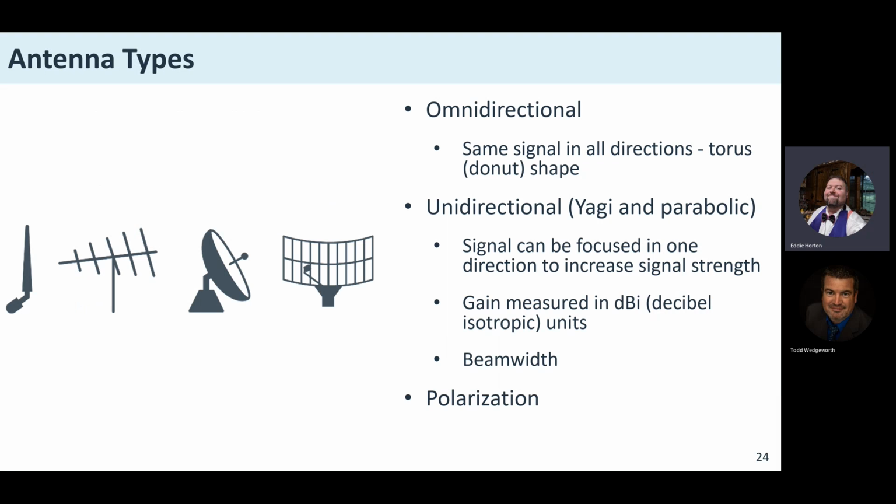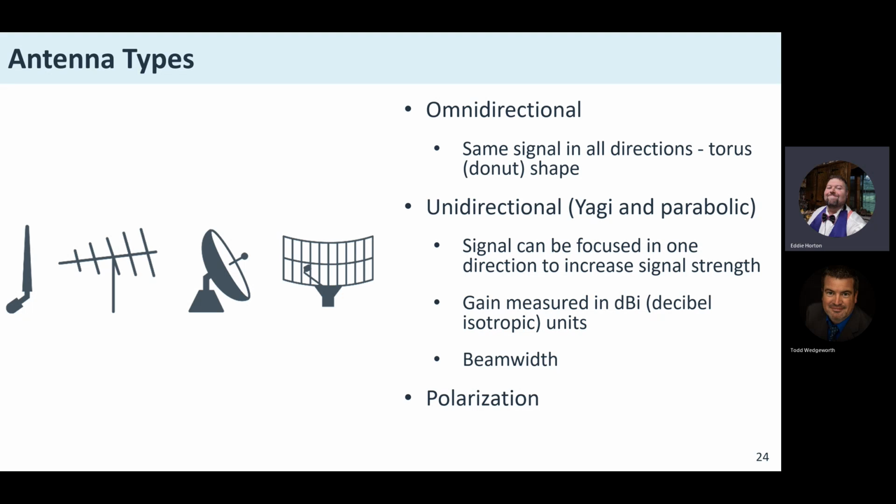There are lots of different types of antennas, and I'm going to go through this kind of quick because once I get the recording done, I'll show y'all some of these. An omnidirectional antenna is just a standard antenna that receives in all directions. Unidirectional antennas, there's a couple of types of these, Yagis and parabolics. These send directionally. A parabolic is a satellite dish. A Yagi is,